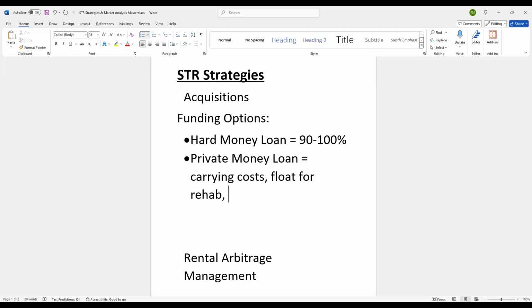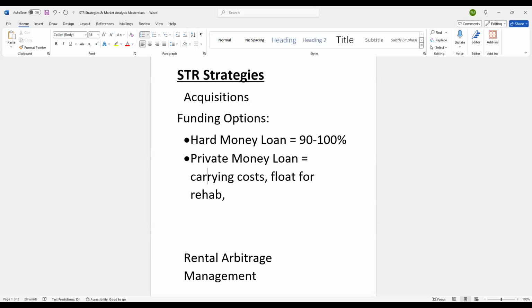You've got to be able to front and pay your contractors to get that work started before you can do a draw request from the lender. So even though they're technically financing all of your rehab expenses in most cases, you're going to need cash available. In a lot of cases, that cash could be $10 to $15 to $20,000. Your contractor needs money for a deposit to get the materials to get started on the project. So you can still situate it where you have a private money lender covering your carrying costs,